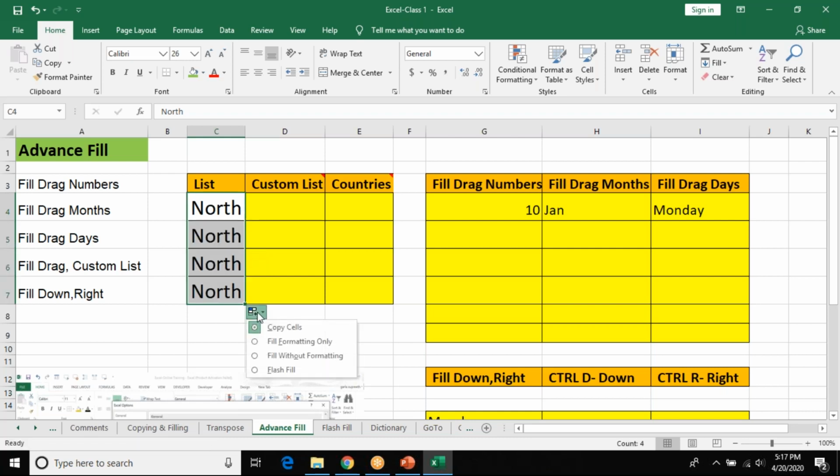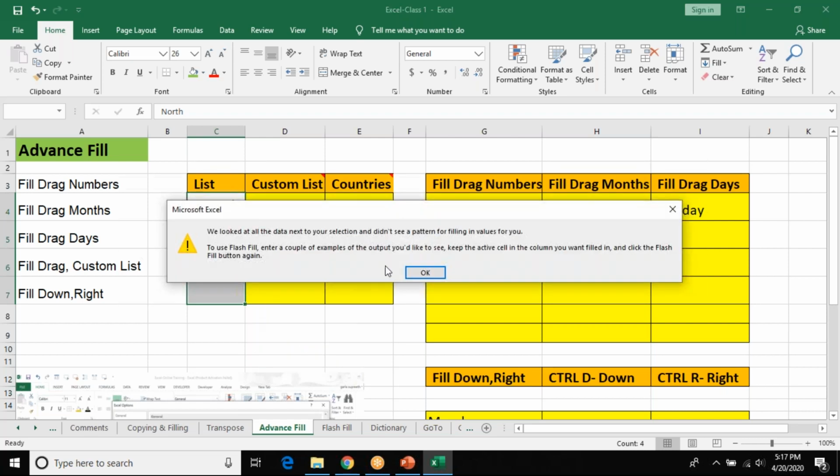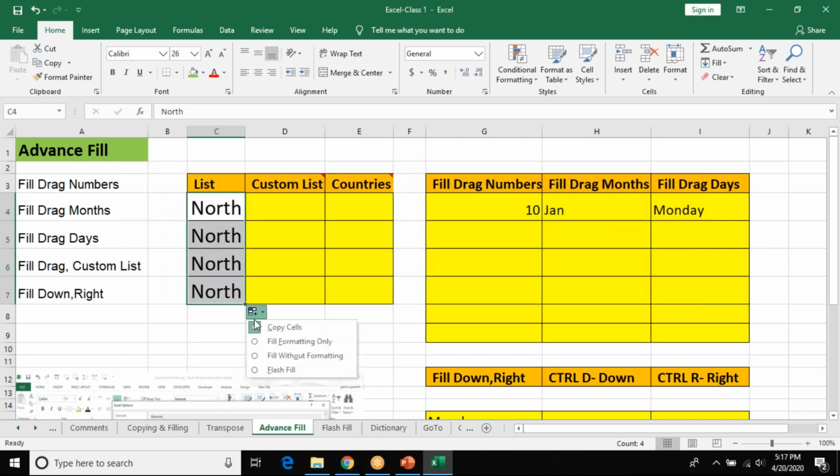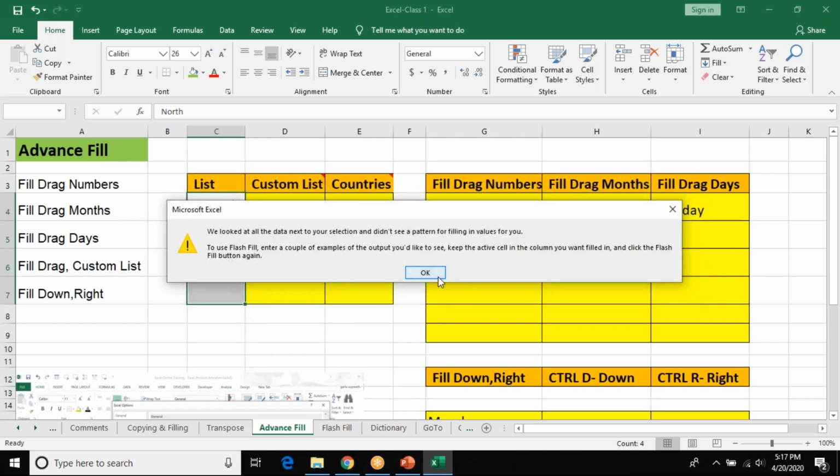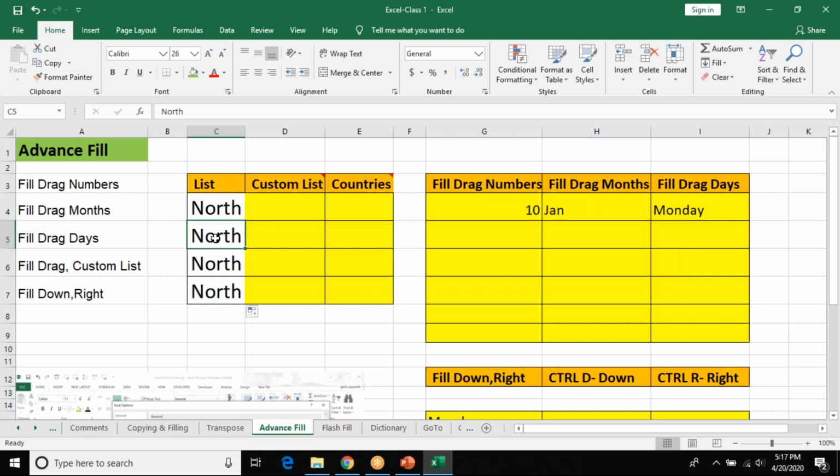But if I go for flash fill, it's not giving me. So let me type east. I select these two cells, northeast, northeast. Okay, but I want a custom list.